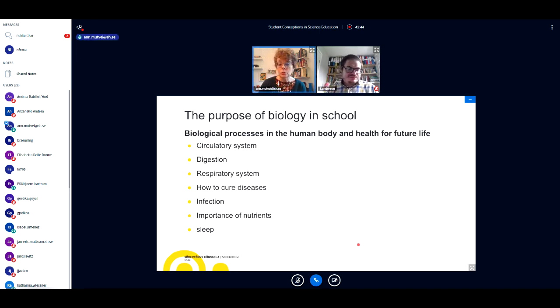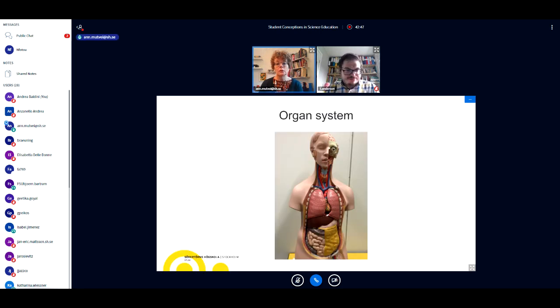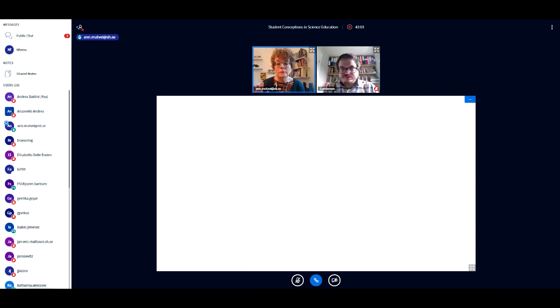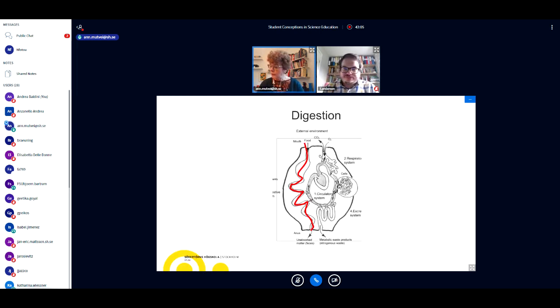And in school, students are taught about organs, different organs and their names, but they don't know how they are connected to each other and how they function. Difficult. Okay, and if they are studying digestion, they are taught which organs are involved in digestion. This is showing just a simple body with all the important organs, which we use for teaching.